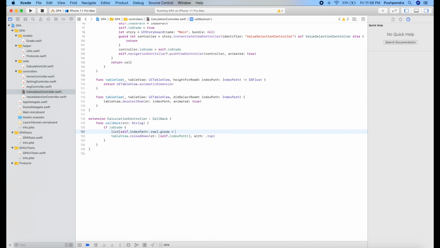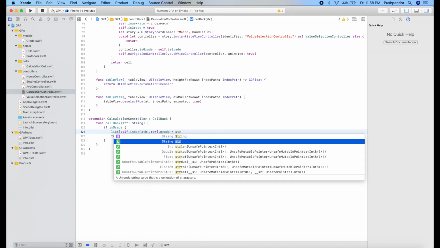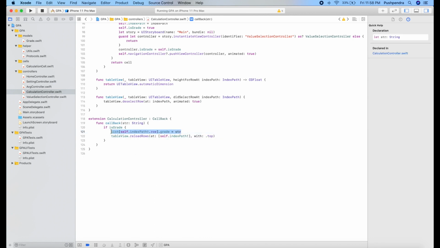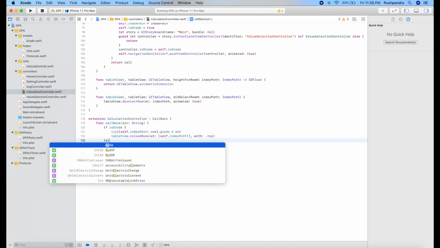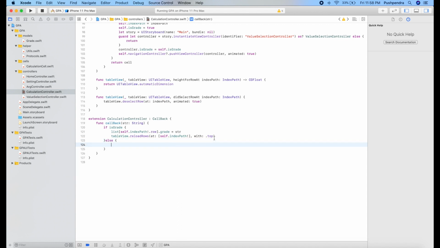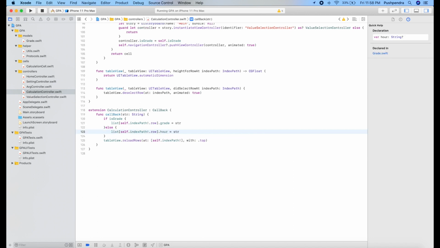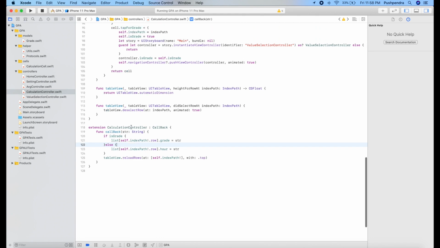Now dot grade, if it is grade then we will put the str inside the grade, and else we will copy and paste this and keep it outside, else we will update hours. So it's done.